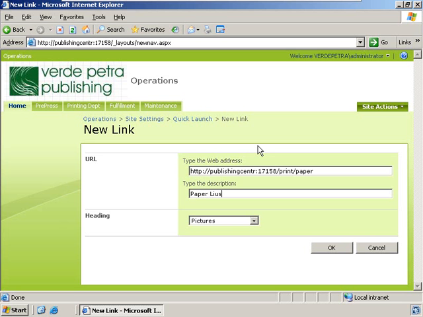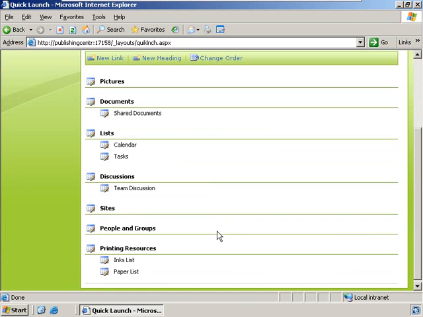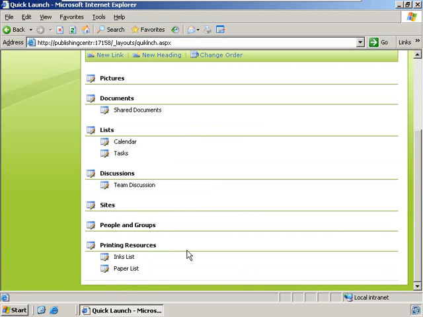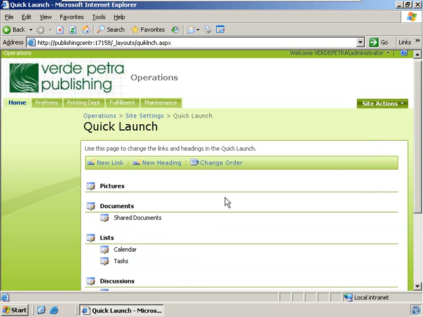And we'll say paper list. Once again, something that does not yet exist, that's okay. We're going to put it underneath the heading printing resources and tell that okay. Now it's currently down all the way at the bottom of the list, and I'm not real sure I'm feeling that. I'm actually going to bump it up to the top here by coming up and once again clicking on